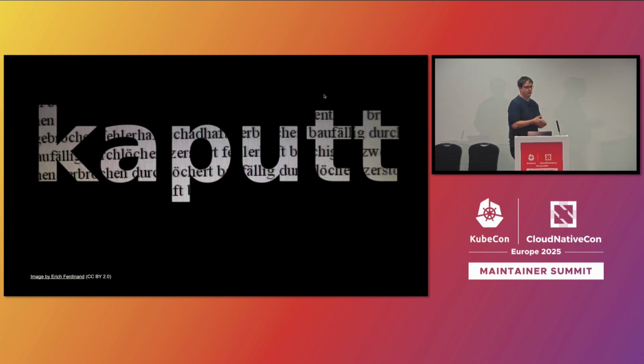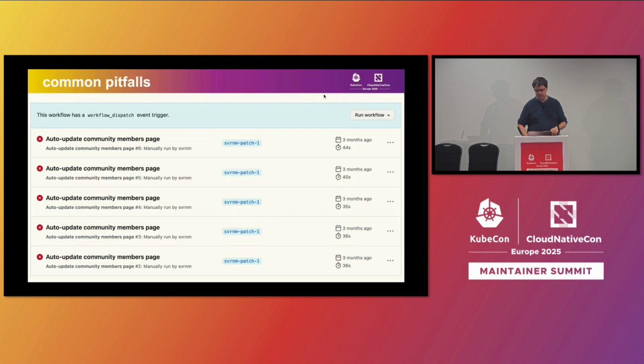But then we get to the pitfalls, the things that can go wrong. And there's a lot of things that can go wrong or can go kaputt, as we say in German. And it very often looks like that. If you ever did GitHub Actions, this is probably something you see. This is from a few months ago, but every few minutes I tried it again, I did another commit, I tried it again.